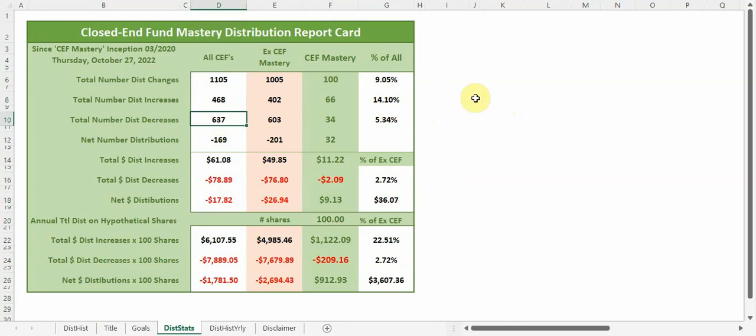637. Now, as I mentioned earlier, since we recently had the market crash in 2020, and we have gone down in the market since the beginning of this year, it is no surprise that there are more decreases than there are increases. And the net number of distributions comes out to a negative 169, meaning there were 169 more decreases